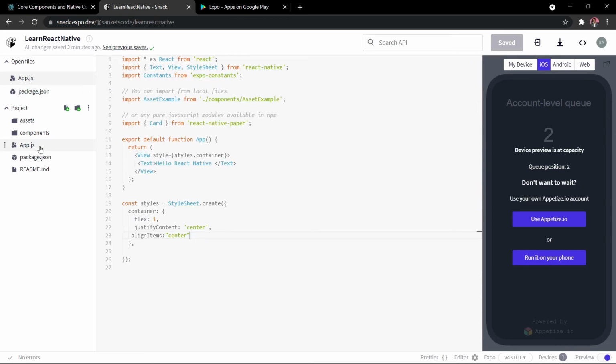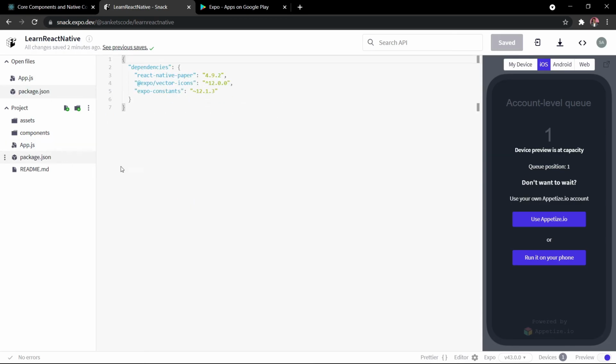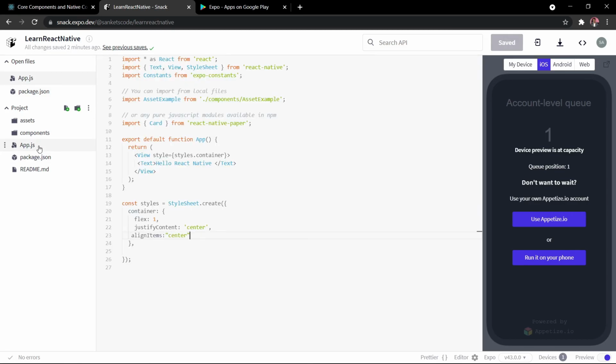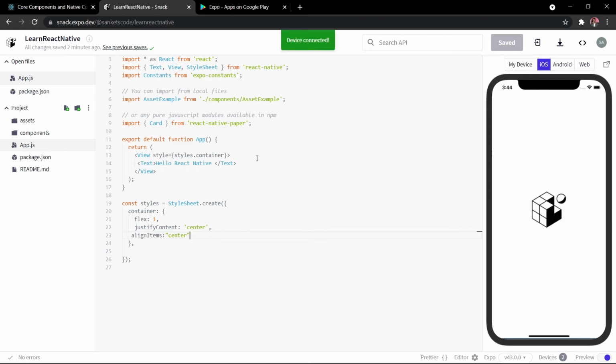Okay, just try to understand the packages inside the package.json file. You just need so many packages when we are running our application on a real physical device, all those things. We are talking about that in the next video, but yes, certainly. Okay, so now you can see this is our application which is running on a real physical device in React Native. Okay, and if I go this way, I can see, okay, hello React Native,